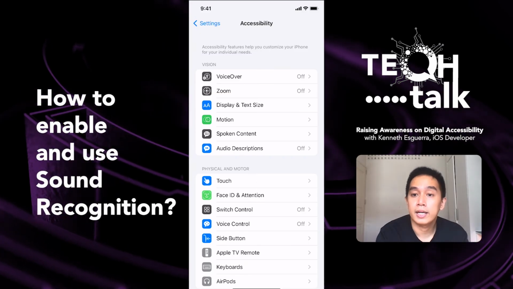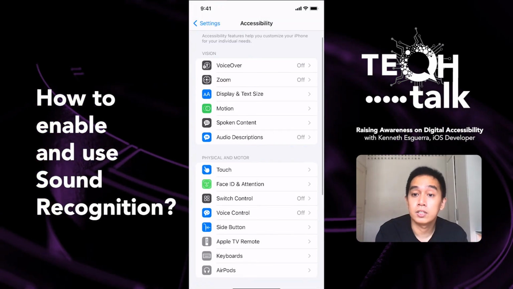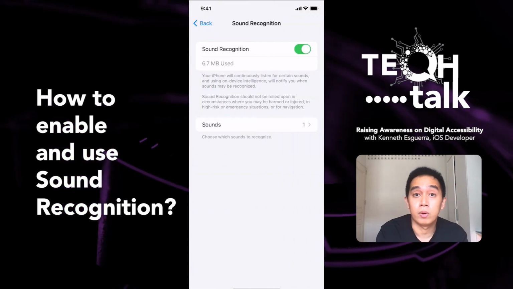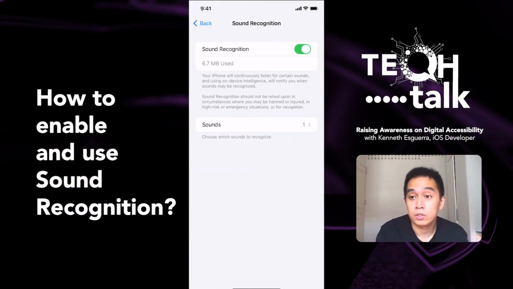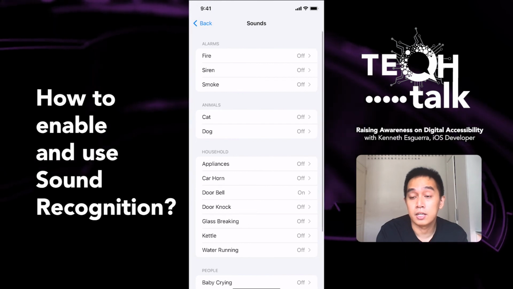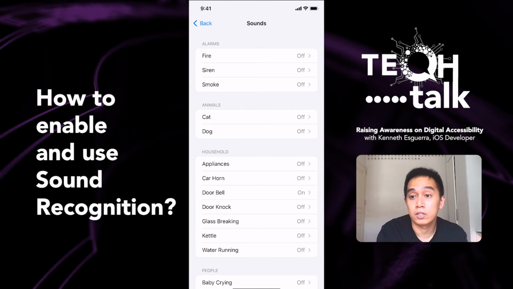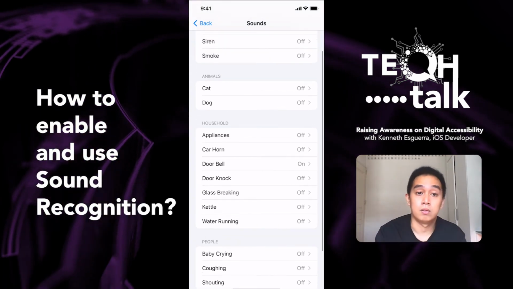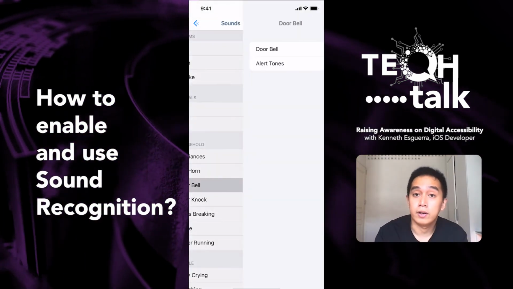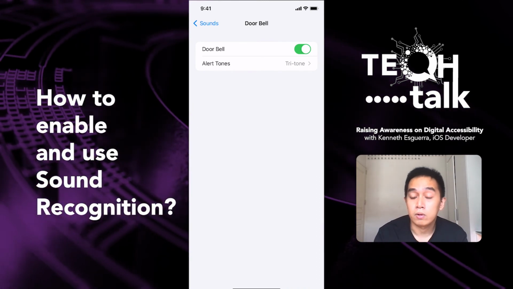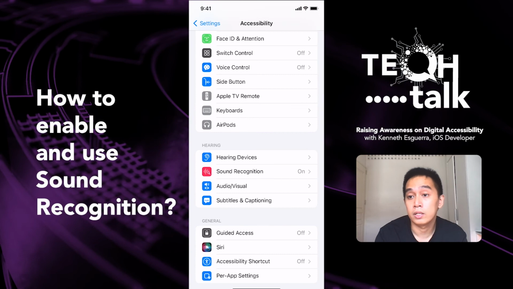What I'm going to show you next is the sound recognition feature that will be really helpful for people with hearing impairment or people who are deaf. One of the cool features of this is that the device can actually recognize noises in the background, for example, a doorbell, and for emergencies, something like the sound of a fire. As you see, if we enable this feature, the device can recognize those sounds. Here I tried a doorbell.